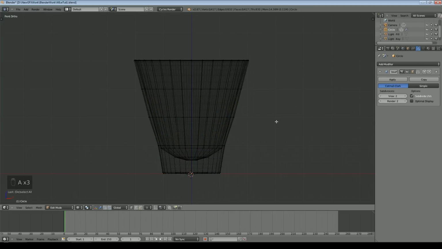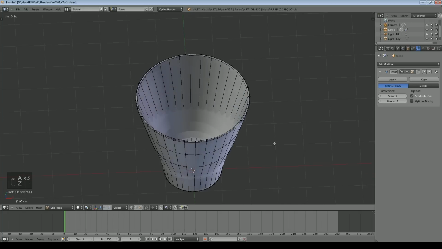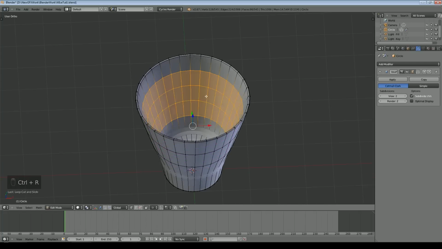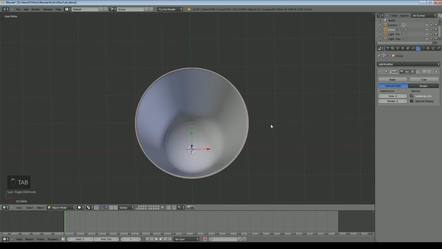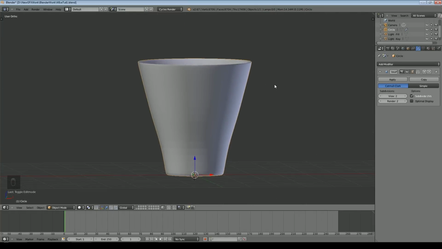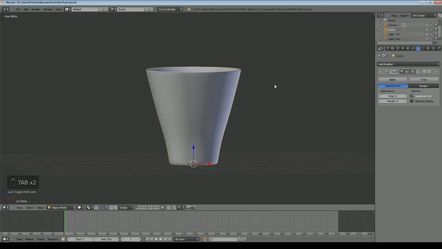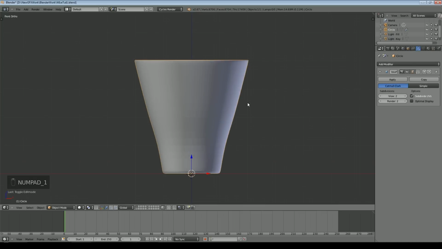And we'll add a few there, so that pushes that down a little bit more. So now we've got a bit more shape there. I don't need to use a solidify modifier because I've created both the inside and outside edges. And T to bring that menu up, and we'll go to smooth.